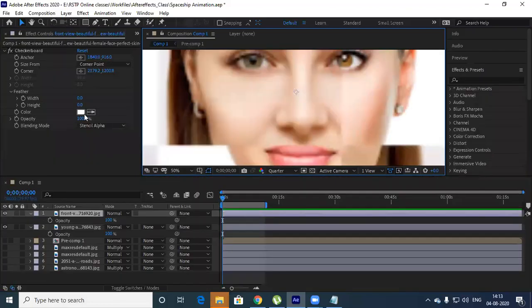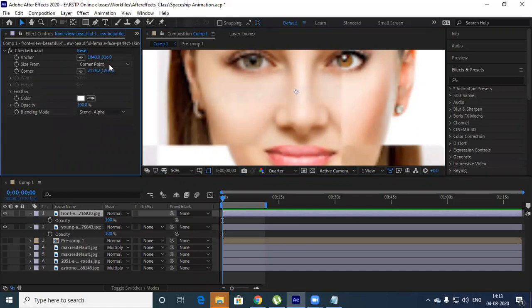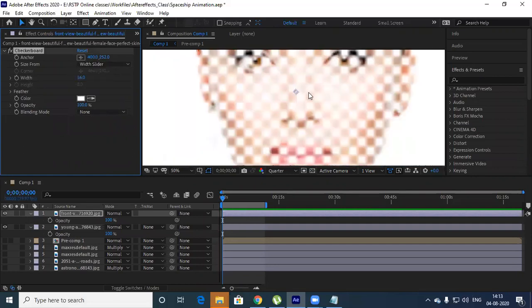Let me reduce the tile size. Tile size. Let me reset this.